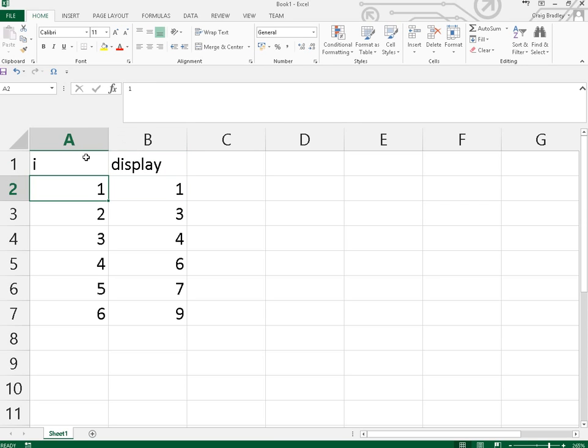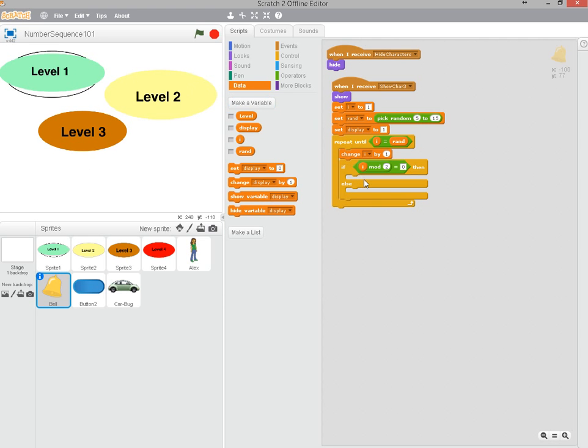So when I is 1, display should be showing 1. And the next step would be adding 2. So when I is 1, it should add 2. When I is 2, it should add 1. So in this case, if it's even, we add 1. So then we just change display by 1. If it's odd, oh sorry, we should be up here. If it's odd, we should change display by